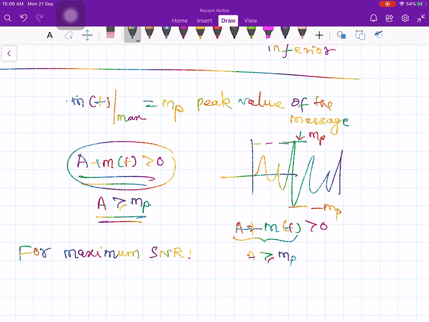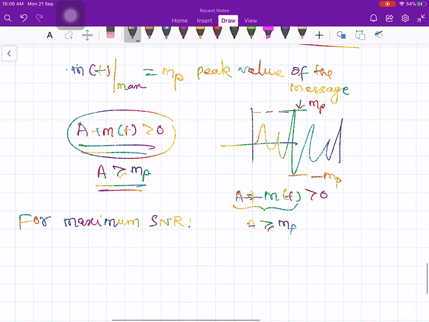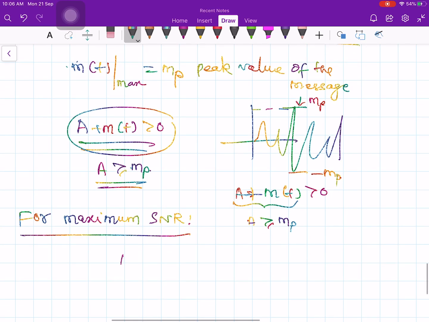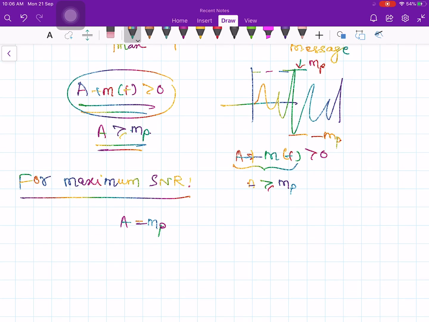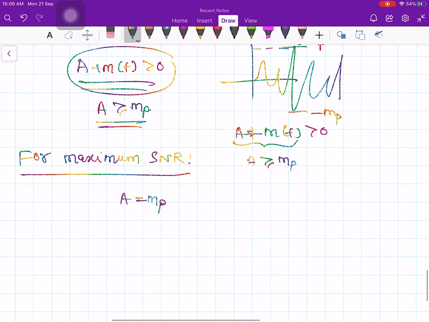That is the reason we are considering maximum SNR. Therefore, A is equal to m_p. Substitute A equal to m_p in the above expression. Then S_o by N_o maximum that you can achieve is m-square-bar divided by m_p square plus m-square-bar